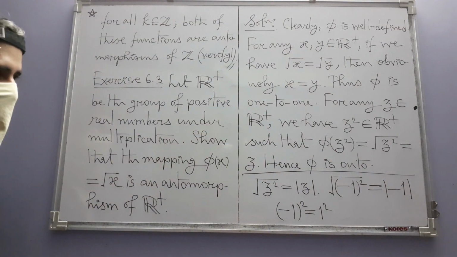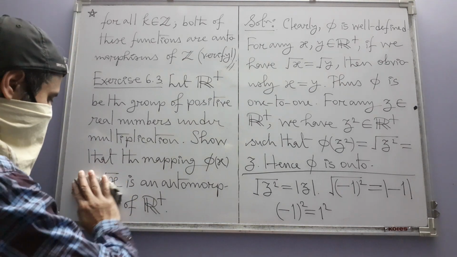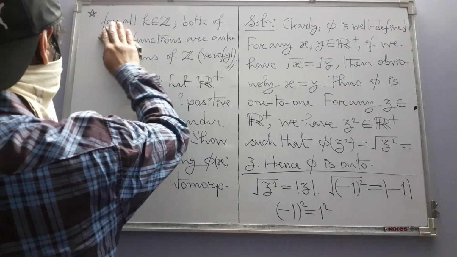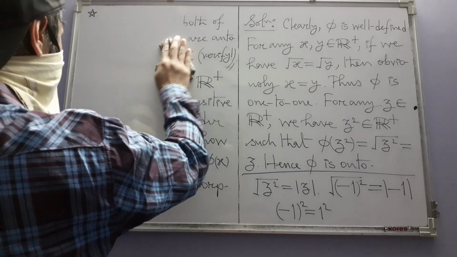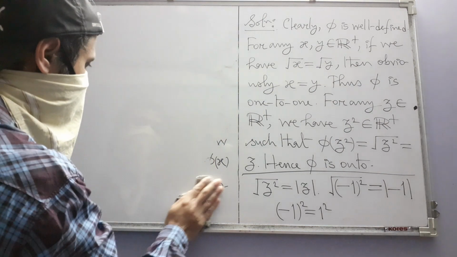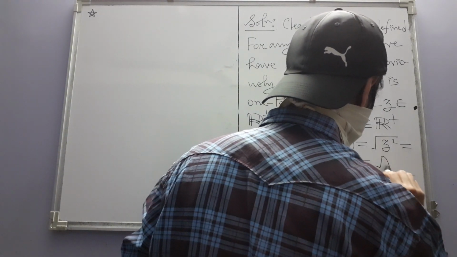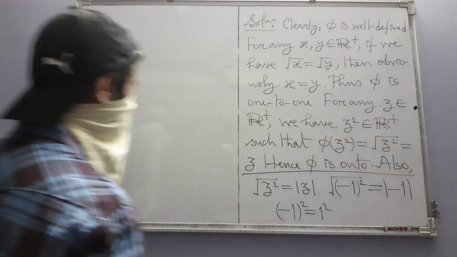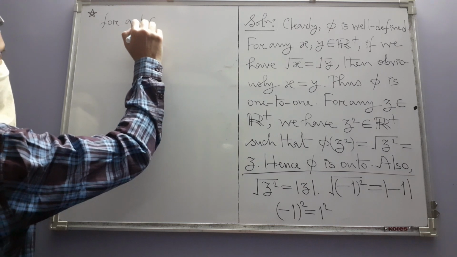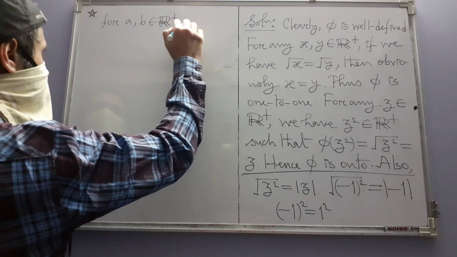So now phi is onto. So what is left for us to do? Namely, we have to verify that condition. Also, for say A and B belonging to this,